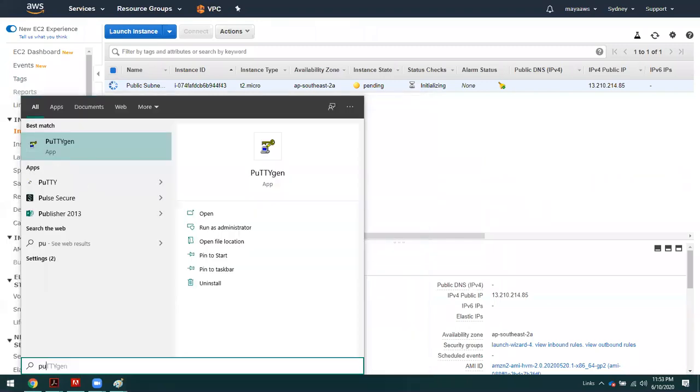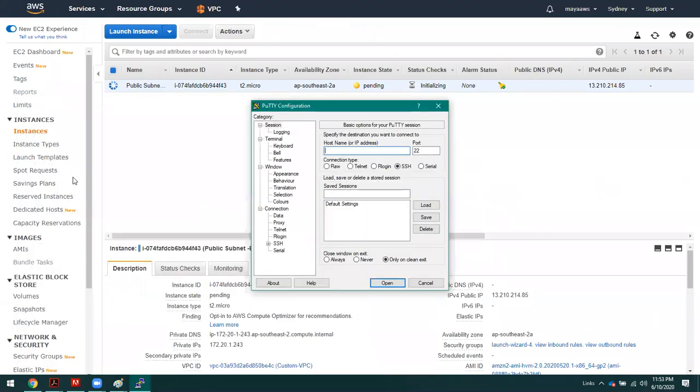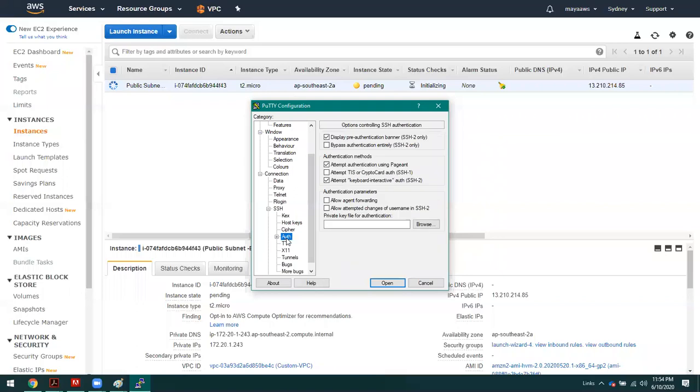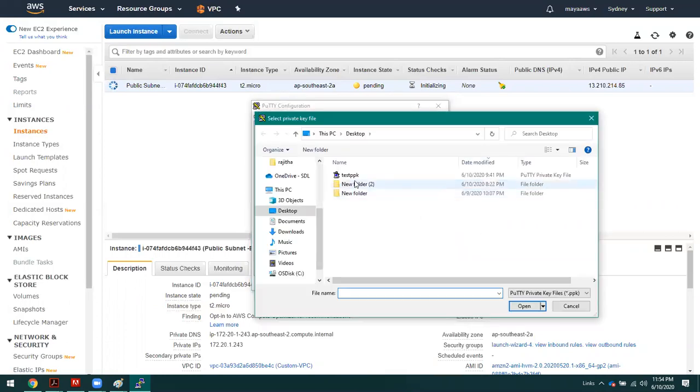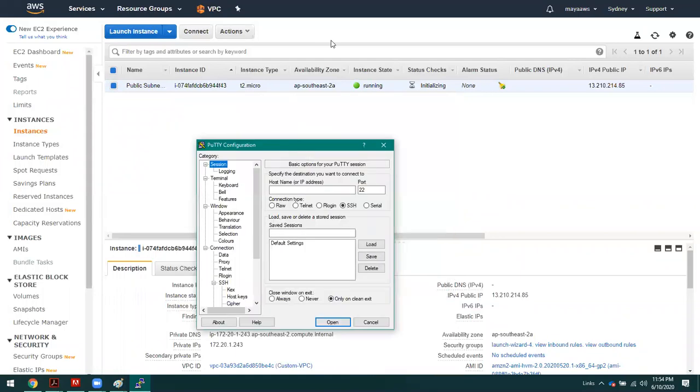Let me open PuTTY. As you are all aware, if you have not generated the PPK file, you need to use PuTTYgen software and generate the PPK file. Since I have that PPK file already on my desktop, let me go to the Auth tab, browse, select this PPK, and come to the console.